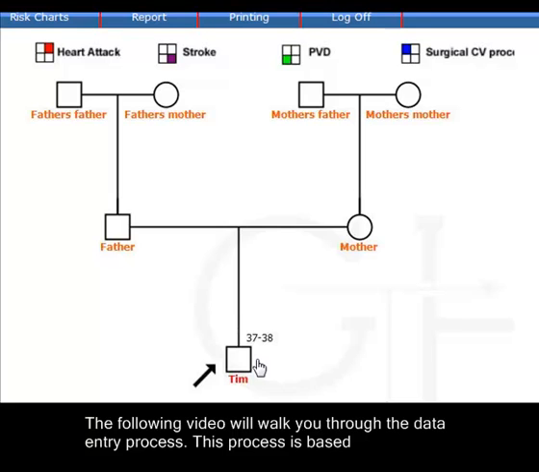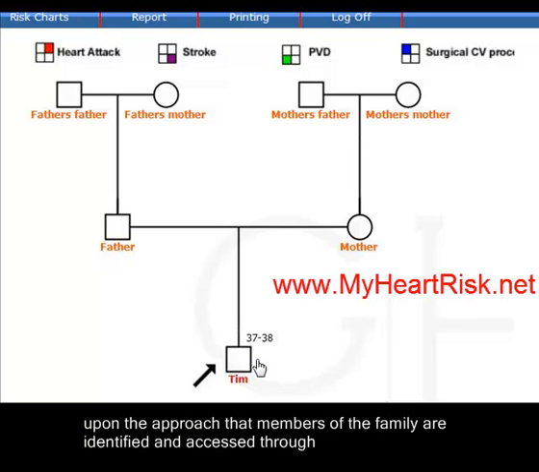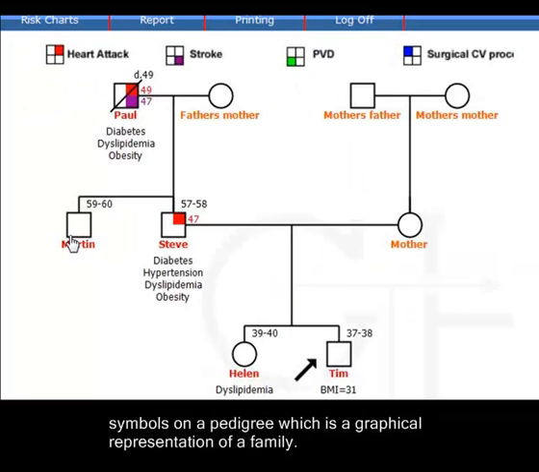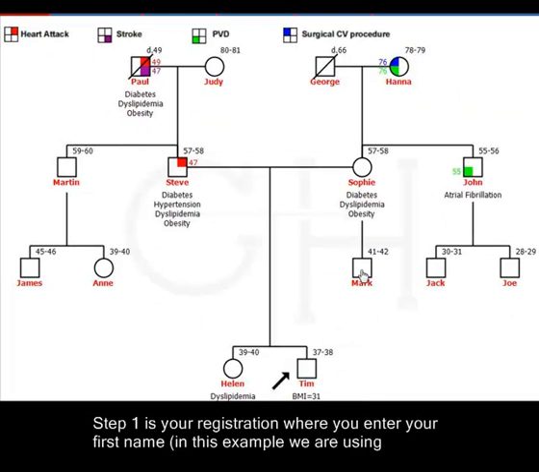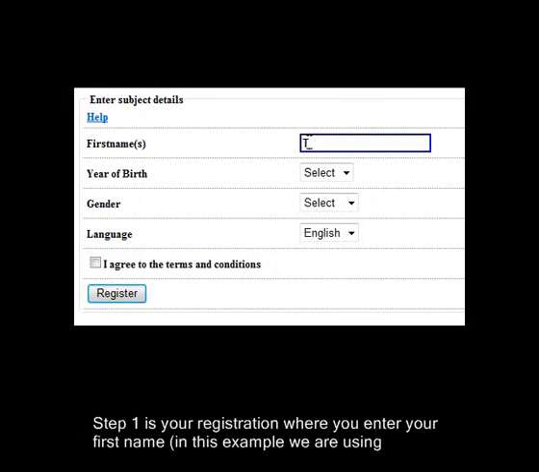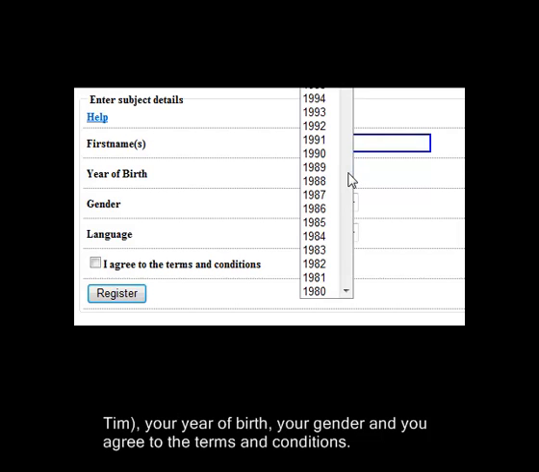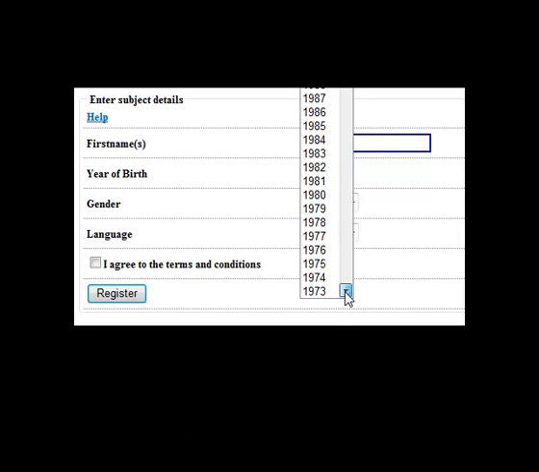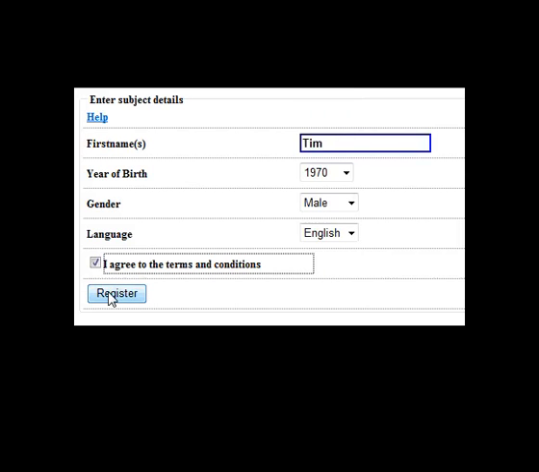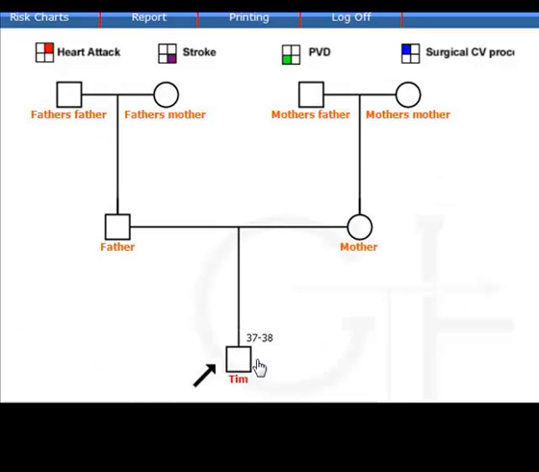This process is based upon the approach that members of the family are identified and accessed through symbols on a pedigree, which is a graphical representation of a family. Step 1 is your registration, where you enter your first name. In this example, we are using Tim, your year of birth, your gender, and your agreement to the terms and conditions. Step 2 is to click on your symbol in the pedigree template, which takes you to the lifestyle data